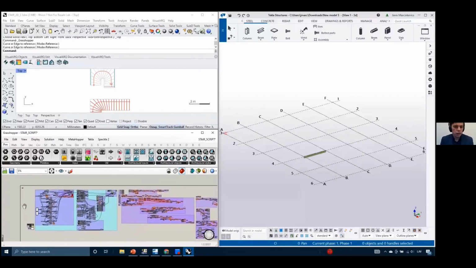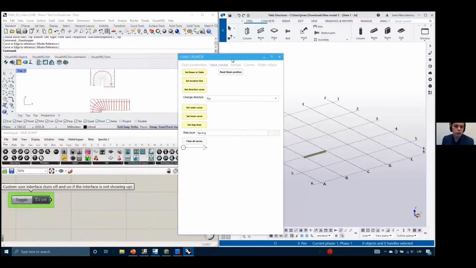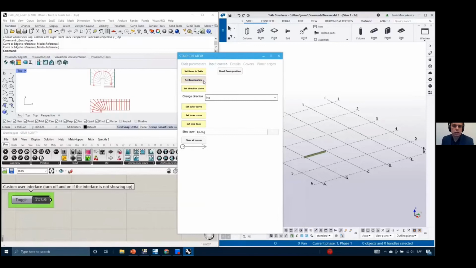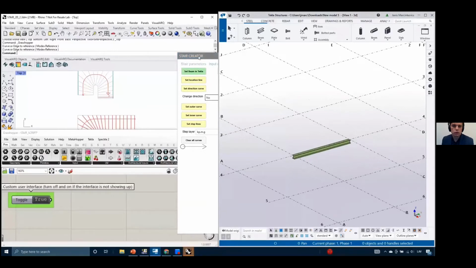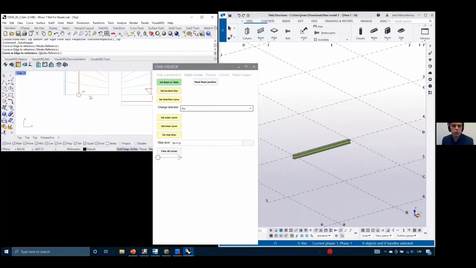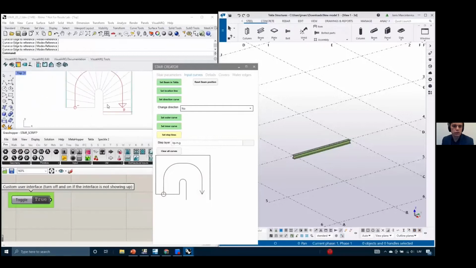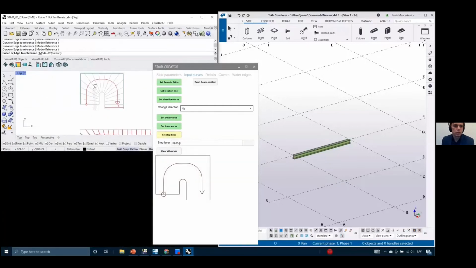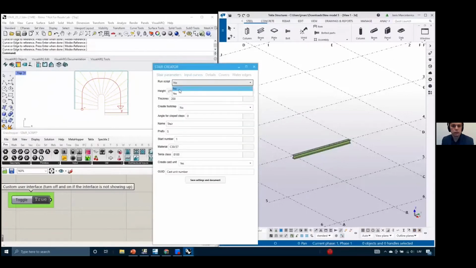If the script gets quite complicated like this, it makes sense to create a user interface. Grasshopper allows you to create a custom user interface that simulates a standalone application like this, and you don't have to interfere with the Grasshopper components themselves anymore. Here I set the location in Tekla, I set the location in the DWG file, I pick up the outer line and the inner line of the stair, and I choose the step lines in no particular order, they will be sorted for me, and that's it. I go to run script,